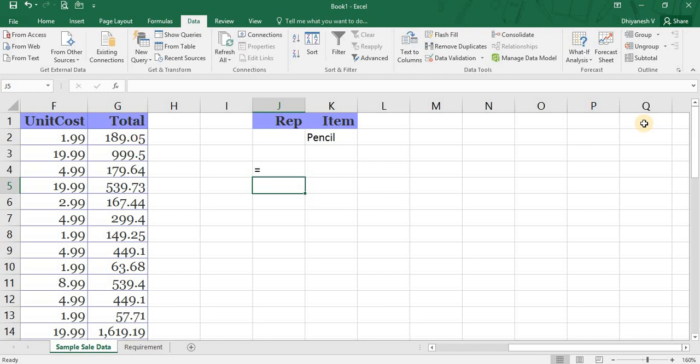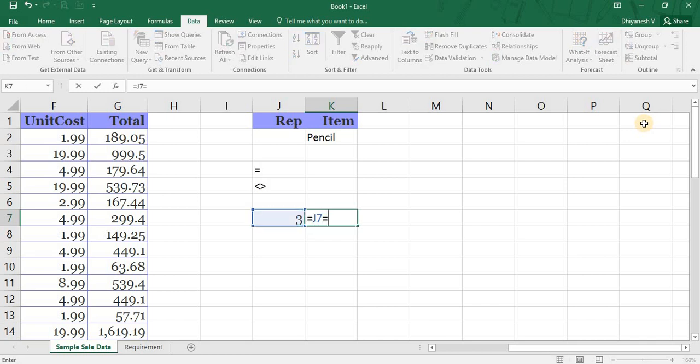So the not equal to in Excel is represented by a less than symbol and a greater than symbol together. This is called a not equal to. So I will just show you an example. This is 3. When I want to know whether this cell is equal to 3, I will select this cell and put equal to 3 and give enter, and it's true.